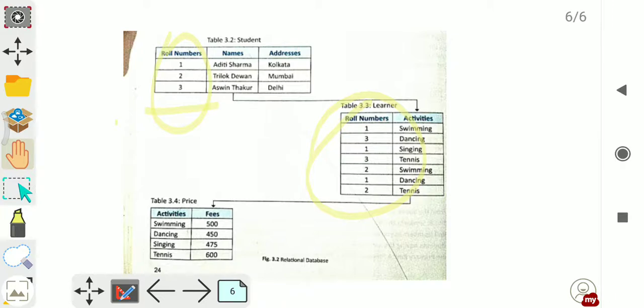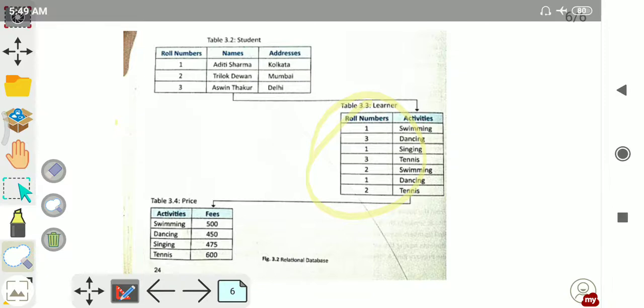It means in a relational database many tables are connected by some common field, right? And this type of database is known as a relational database, right? So this is all about this video.